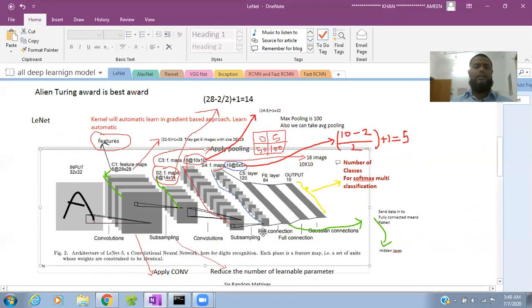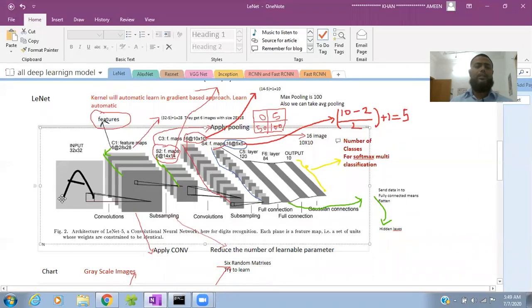First they took the input, that is the image, and its size is 32 cross 32, so its width and height are 32 cross 32.